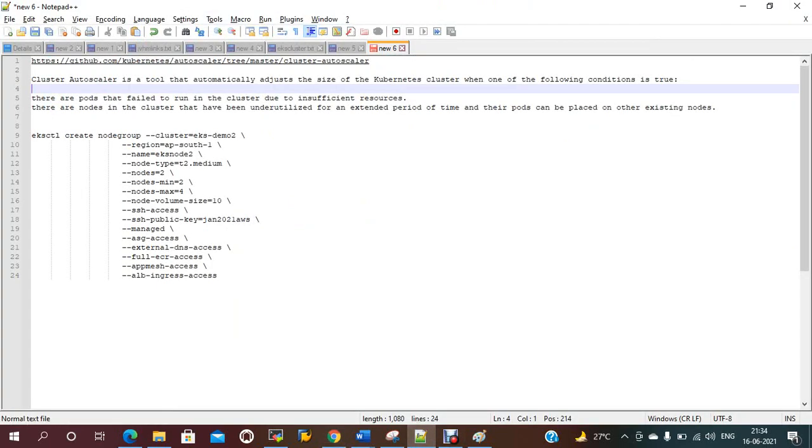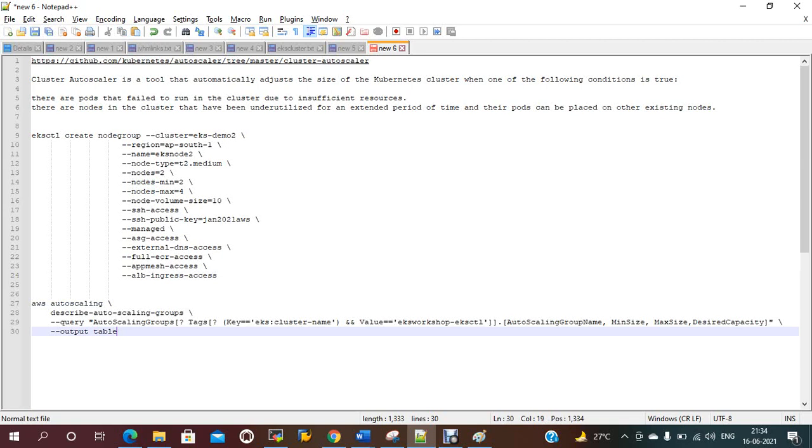While creating the cluster, I gave minimum nodes 2 to maximum 4, and desired is 2. So this is the command to check the minimum nodes, maximum nodes and desired nodes. I need to provide my cluster name.